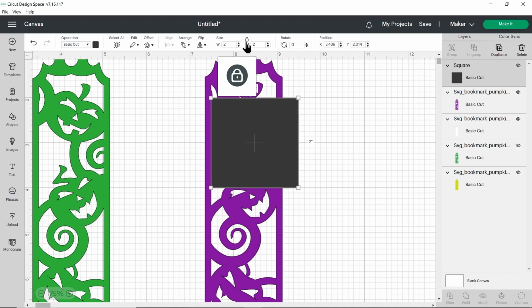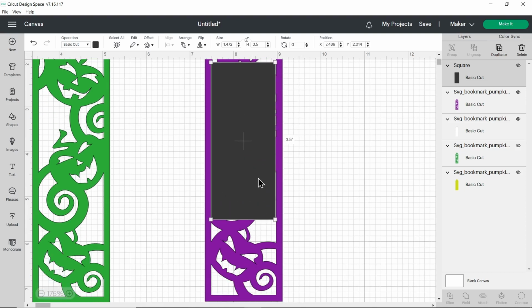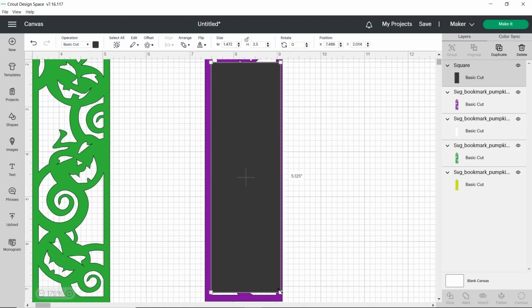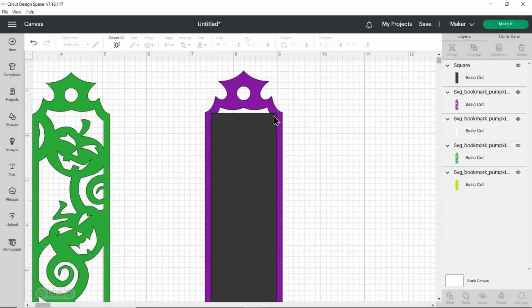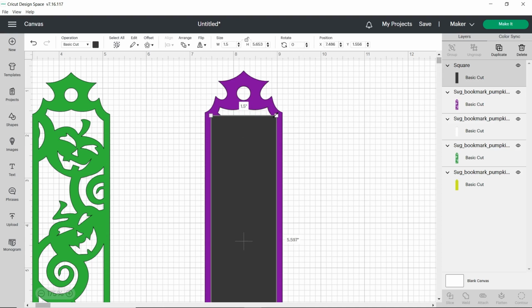Click the padlock icon to open it up. And then I want to resize this so that it touches the bottom and also touches one of those sides, that other side. So we're going for the straight edges along there. And then I just need to make it a bit taller, probably to about there. So it's hiding all of the pattern. That might be a bit much. Let's go down a bit.